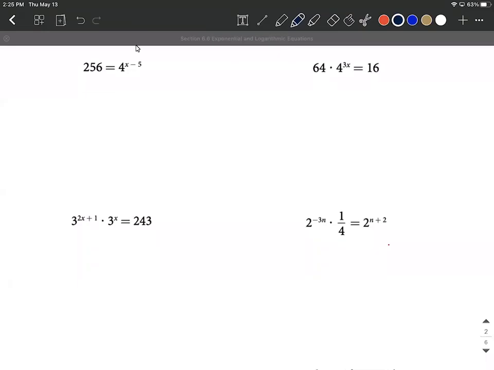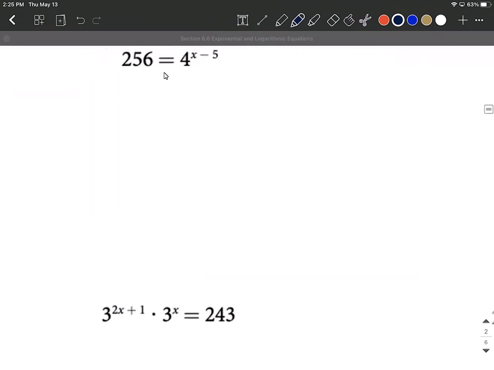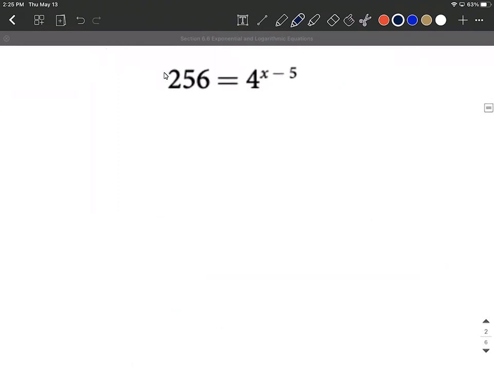Okay, let's solve down some exponential equations. To do so, what we're going to aim to do on each one of these is use the one-to-one property of exponential functions. So what that says is if you can rewrite these with the exact same base on both sides, and that being the only thing on each side, you can drop the bases and set the exponents equal